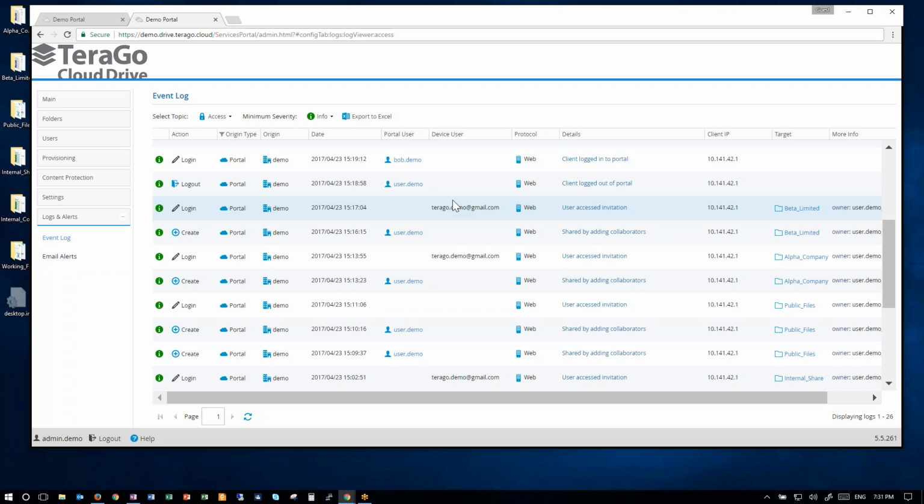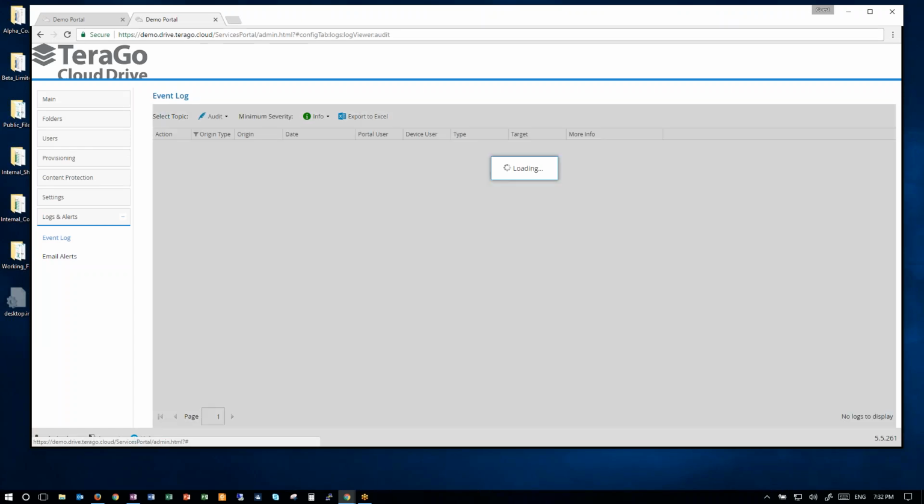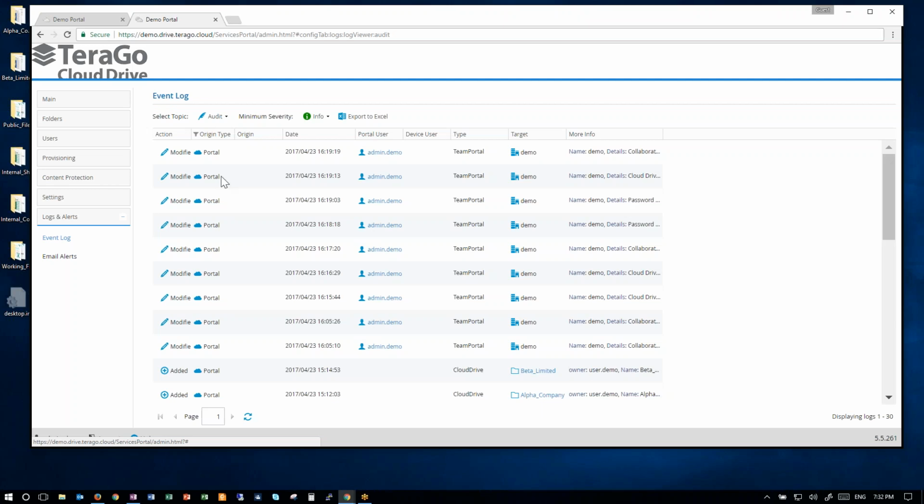The other type of information that's frequently required for auditing and compliance purposes is the audit logs. In this case, the intent of the audit log is to capture some of the major changes that took place within your Cloud Drive environment portal. These could include things such as an administrator going in and changing some policies of the Cloud Drive, or users going in and adding collaboration content to the site. So in this example here, you'll see that